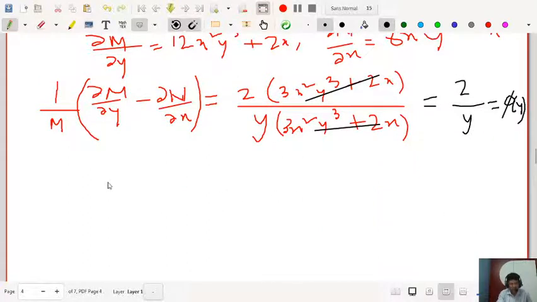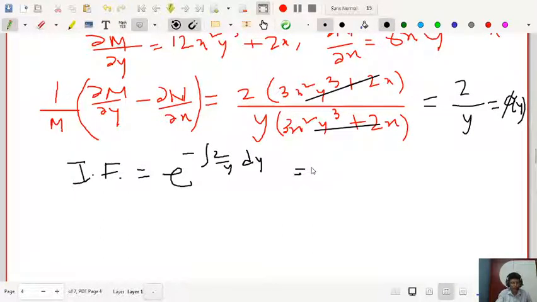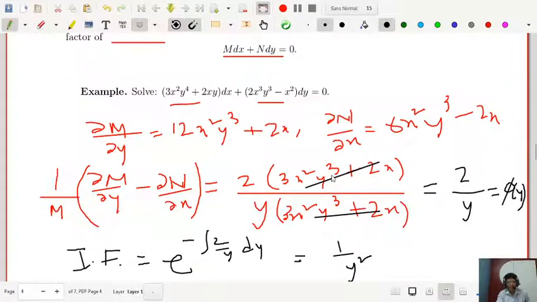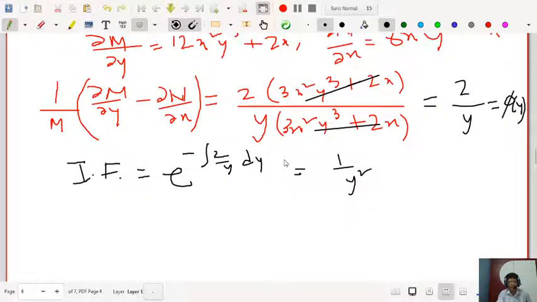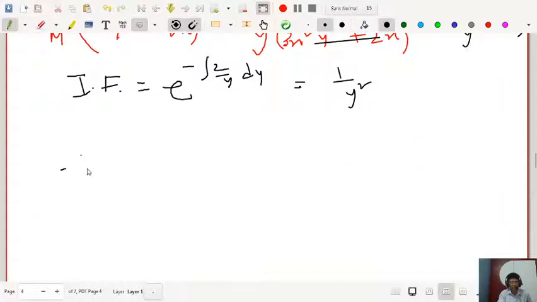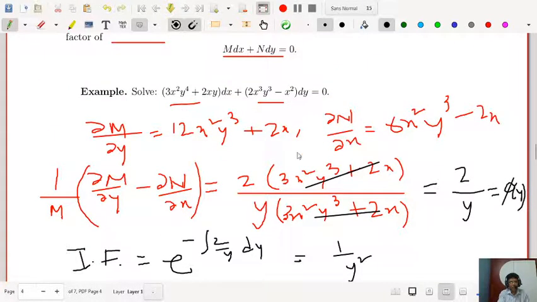So what is your integrating factor, my dear students? Your integrating factor is e to the power minus the integral of 2 by y dy, and that is equal to 1 by y square. You can easily integrate and check. So what you will do with this integrating factor, you will multiply the whole equation throughout by this integrating factor. You have to write that statement: multiplying the equation by this integrating factor. So after this multiplication,